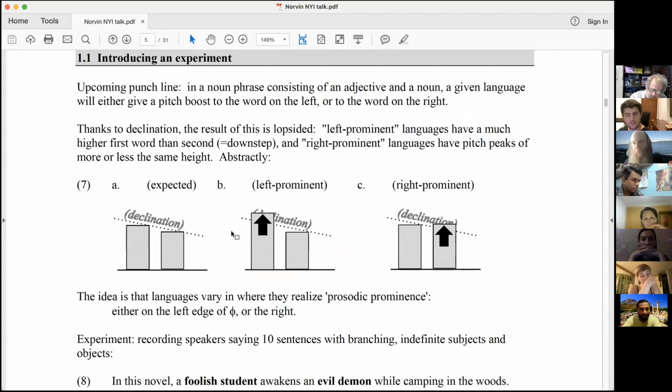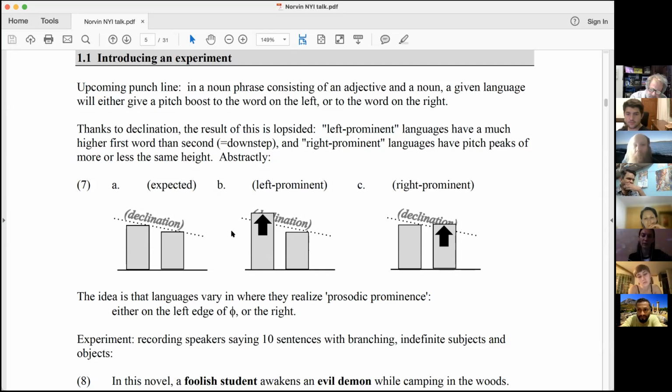So here's the experiment that's going to give us our first test for determining whether a language is left prominent or right prominent. If you have a noun phrase that consists of an adjective and a noun, a given language is either going to give a pitch boost to the word on the left or to the word on the right. Thanks to declination, the result of that is lopsided. So if you're a left prominent language, you have a much higher first word than a second word. That's downstep. Right prominent languages have pitch peaks of more or less the same height. So, you can think about it via the abstract